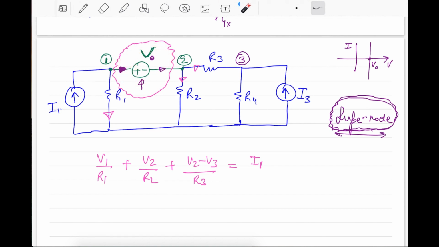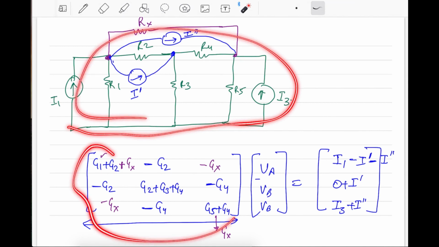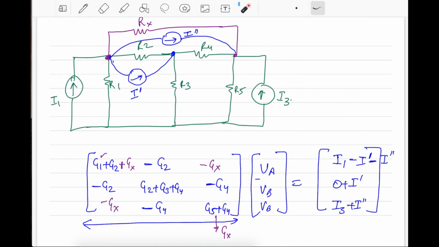Sir, one doubt is there, sir. Yes. Sir, can we use the conductance matrix only to solve this sum? We can use it, but I want to show you how this conductance matrix will change, because you cannot generalize that. In the earlier case, we could generalize, sir, VA minus VB.